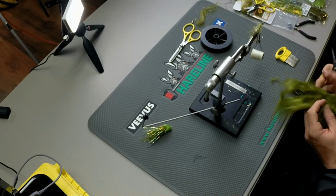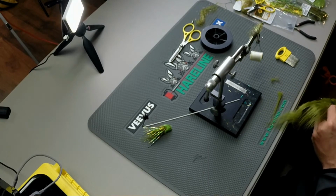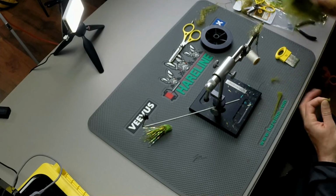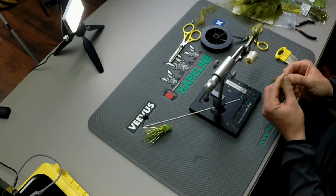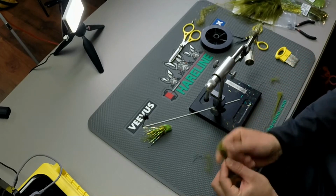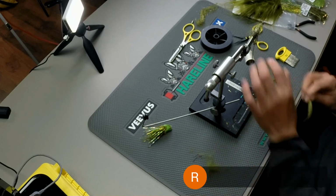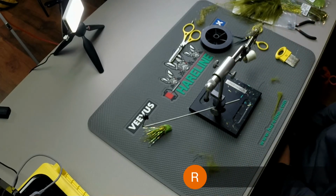And while you're doing that, we did have a question that you covered briefly about why two pieces of Power Pro versus one. I think you kind of have to see how limp one piece can really be to answer that. And you really want to make sure that hook stays behind your fly, I think is kind of the goal there. Yeah, so the double piece was a trick that I learned when I was in Alaska and